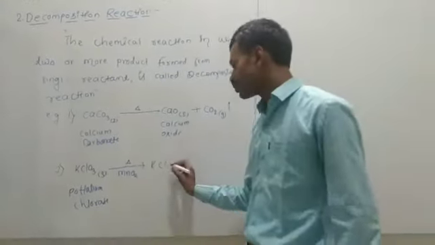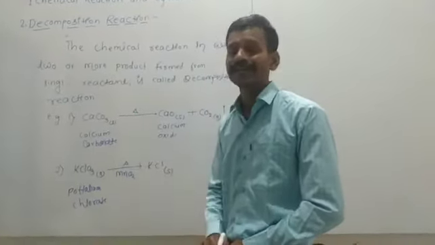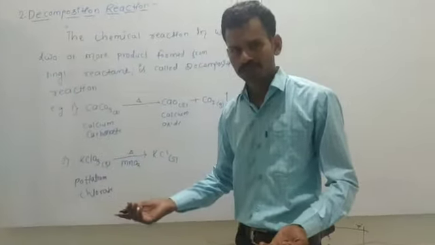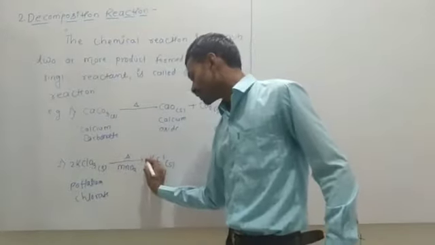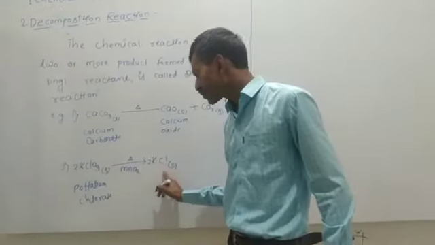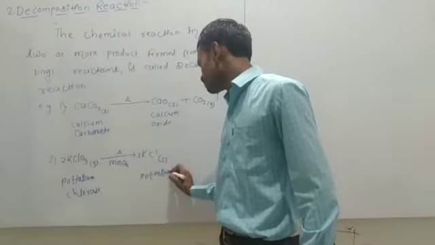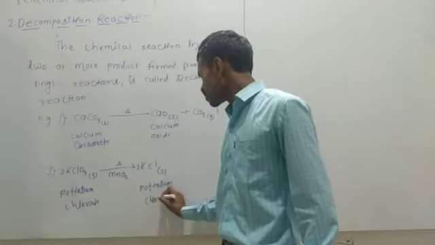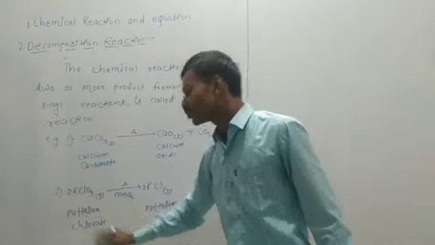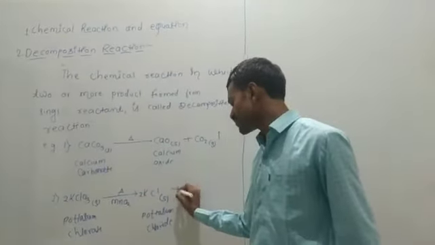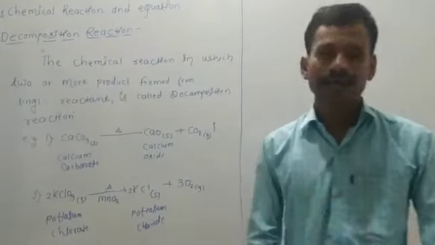KCl, potassium chloride, is formed. Physical state, it is solid, but the reaction actually involves O3, not the ozone form. So to balance the chemical reaction, we will multiply by 2, then twice KCl means potassium chloride. So what is remaining, student? In this reaction, if you observe, the twice O3 we simply represent as thrice O2, oxygen gas.